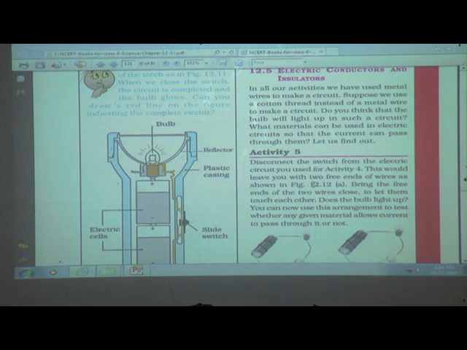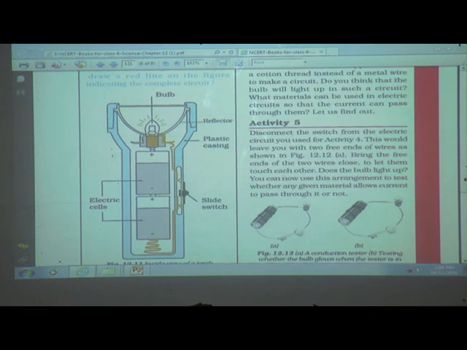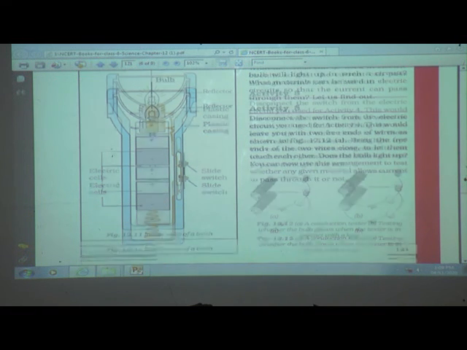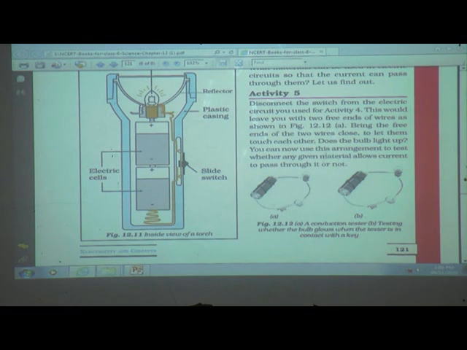Activity 5. See students, disconnect the switch from the electric circuit you used for activity 4. So this would leave you with two free ends of wires as shown in figure 12.12, like this. Bring the free ends of the two wires close to let them touch each other.